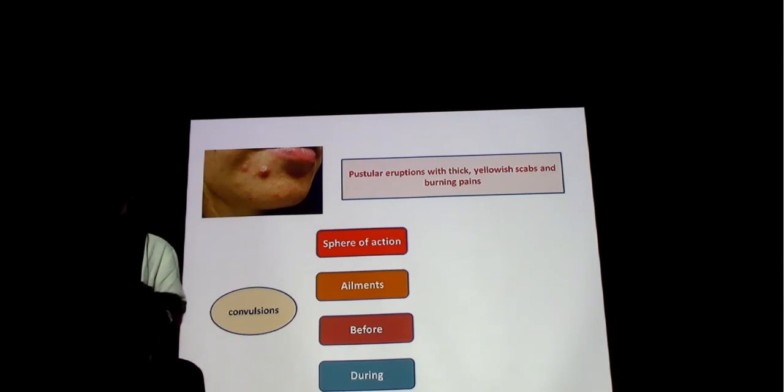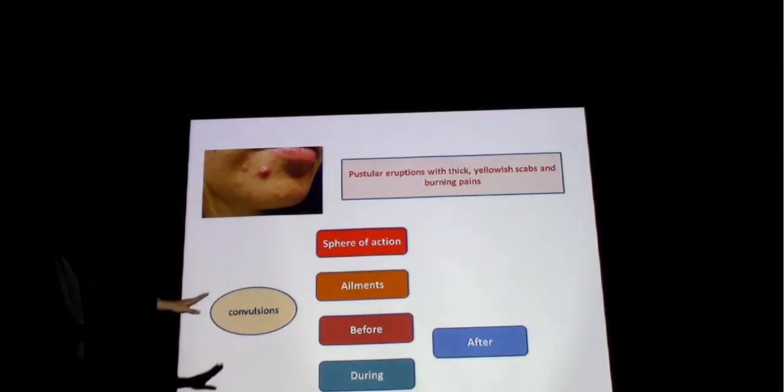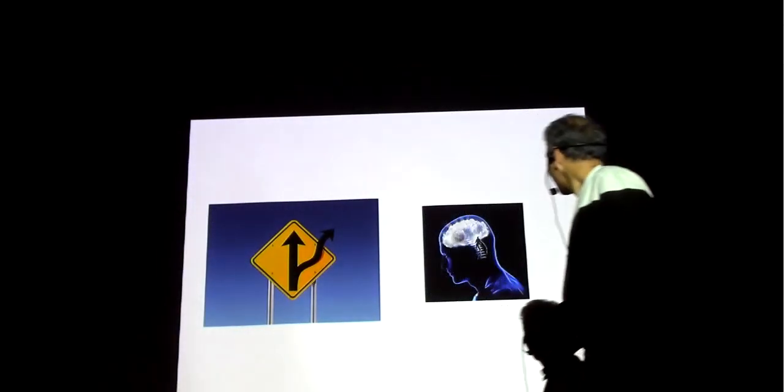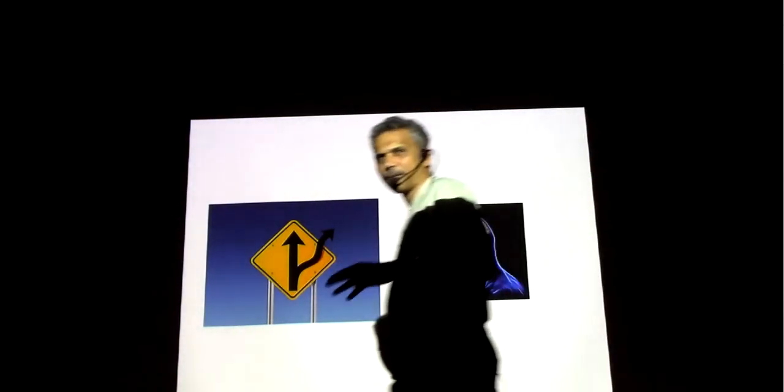After, they feel weak, they feel exhausted, there is childish behavior, agreed, and very contented, angel, happy, lively angel after convulsions. So good. Yeah, so this is after convulsions. So in the next class, I'm just giving you a small clarity. We will be looking at the mind symptoms of CICUTA.